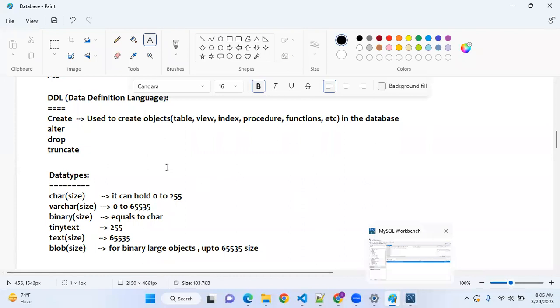Okay, let's come to the table creation part. I'll tell you why I need to create it, because when we are creating it, we definitely need that, right? So what is the syntax?